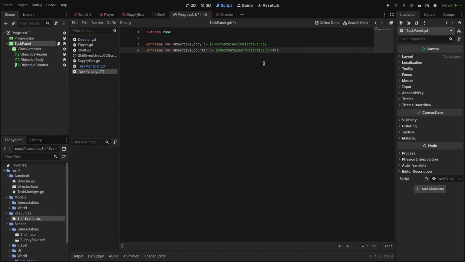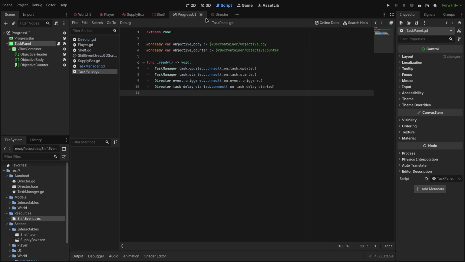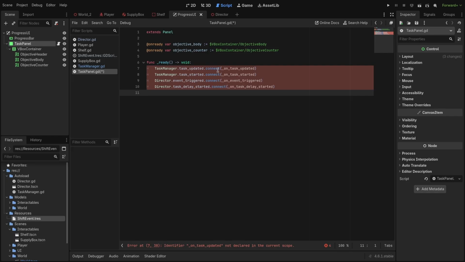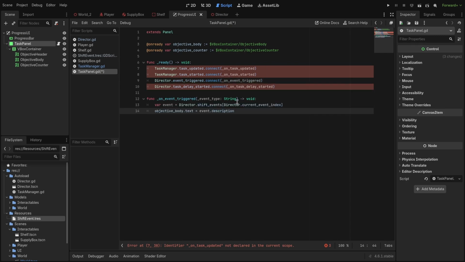and I'll add in here these two onReady variables. So we're just grabbing the two rich text labels that we're going to want to edit the text for. And next we'll want to connect up all of our signals here with Task Manager and Director, since this UI is going to be what helps give feedback to our player that he's doing the right task and he's completing it. And next we're going to do event triggered, and this is just going to fill in